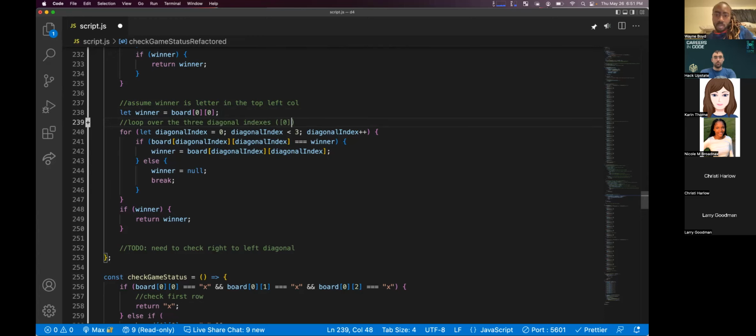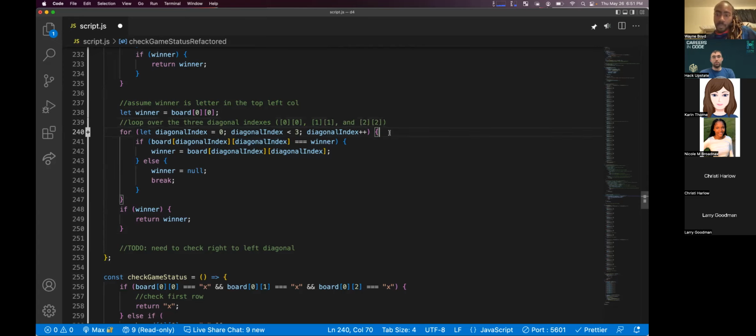For the index going diagonally, it should equal the character that we're looking for, and it should be less than 3.